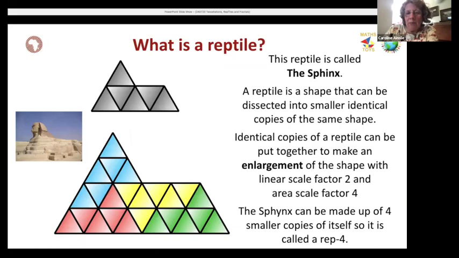slide is about reptiles. Now, we're not talking about cold-blooded creatures that live in water or lizards or anything like that. We are talking about a repeating tile. And this one is an example, and it's called the Sphinx, kind of for obvious reasons. And a reptile is a shape that can be dissected into smaller identical copies of the same